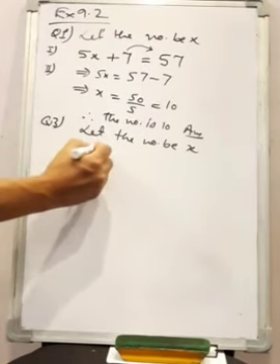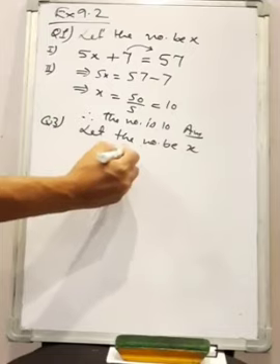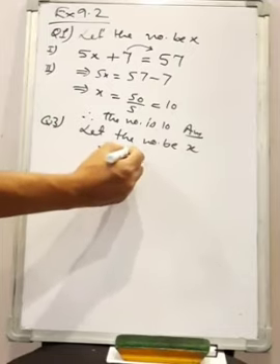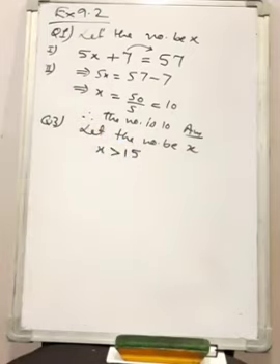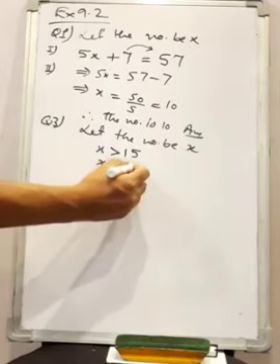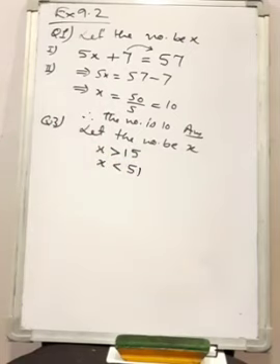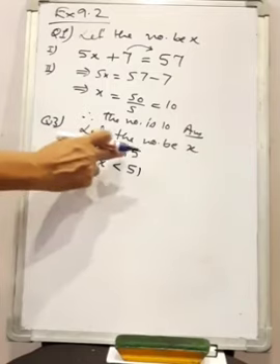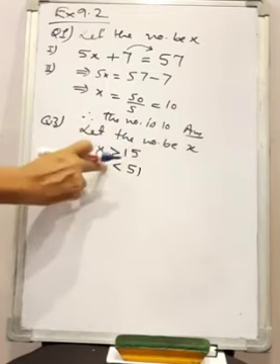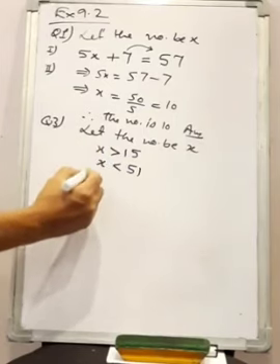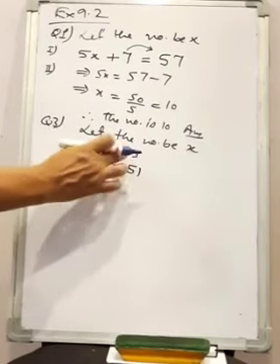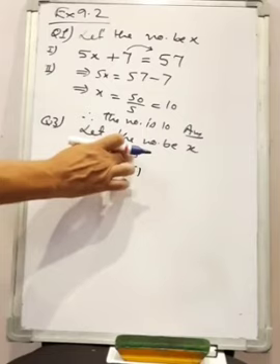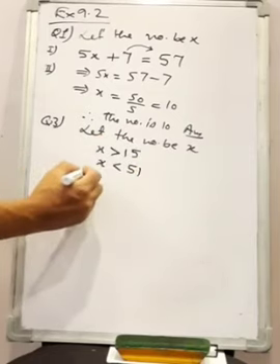Now it is greater than 15. How much greater it is not known, but it is known that x is greater than 15. As much greater as it is less than 51. So it is also known that x is less than 51. So these two things are known. And this is also known, that it is as much greater than this as it is less than this. So how will you find the difference of these two numbers? Which one is greater out of these two?